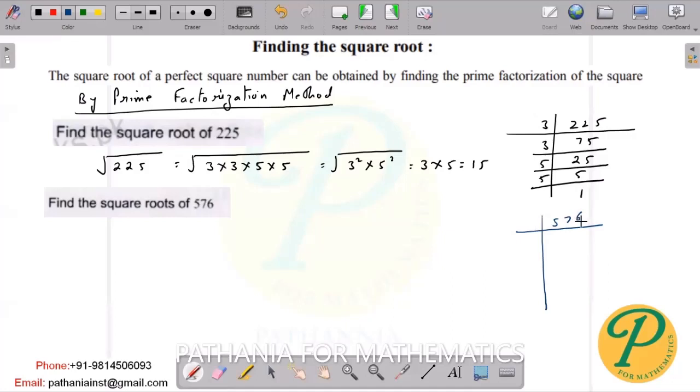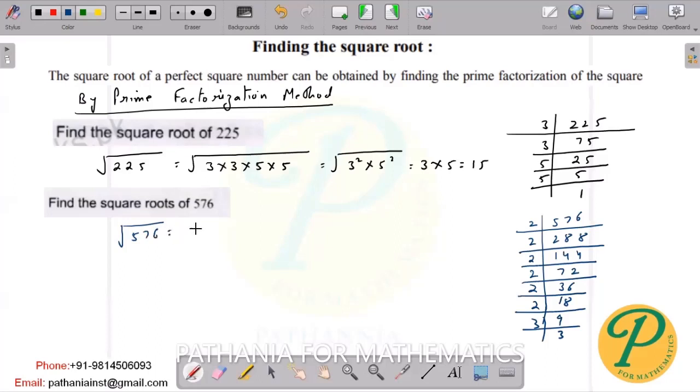The last digit is 6, so we start with 2. Then again with 2: 72, 2, 36, 36, 12, 18. 2 into 9 is 18, and 3 into 3. So the square root of 576, taking all the prime factors,